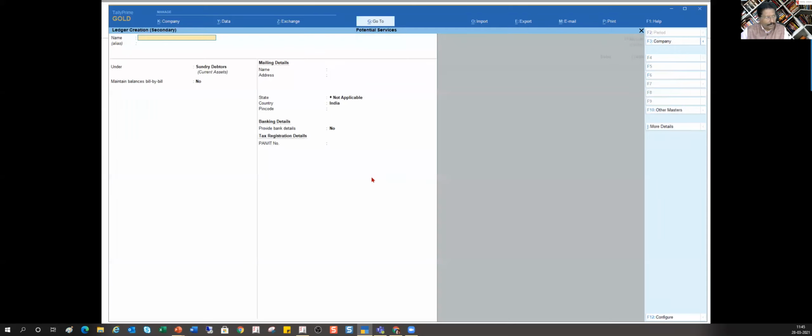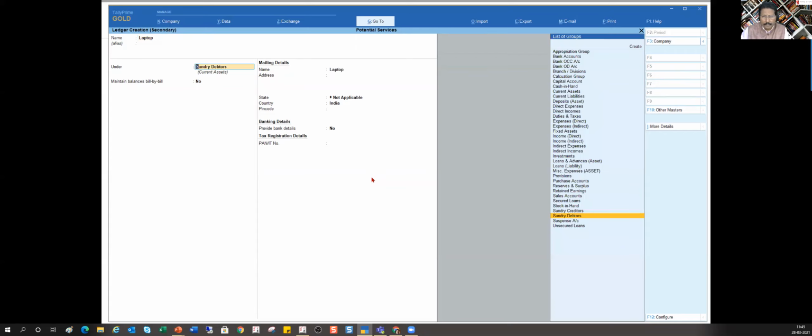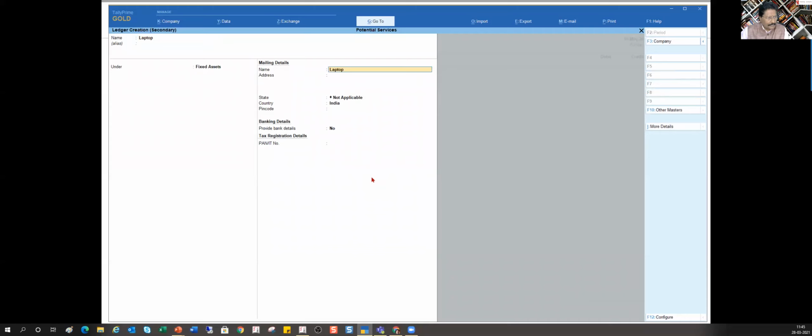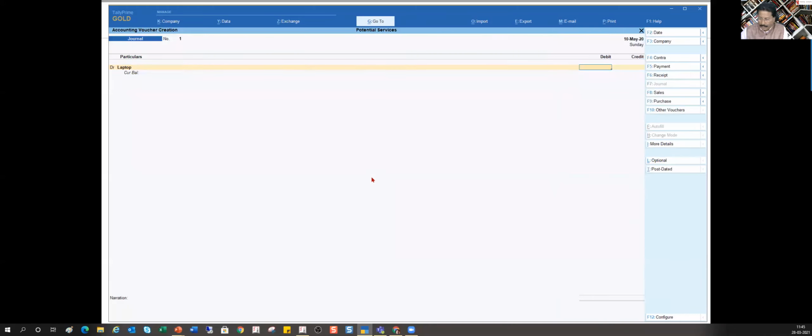So I'm going to press Alt C, and then I'm going to say laptop or computers or whatever. You can give the description, whatever it is. And this is going to be my fixed assets. Okay. And I'm going to create here, and then I'm going to say 50,000 is the value of my computer,